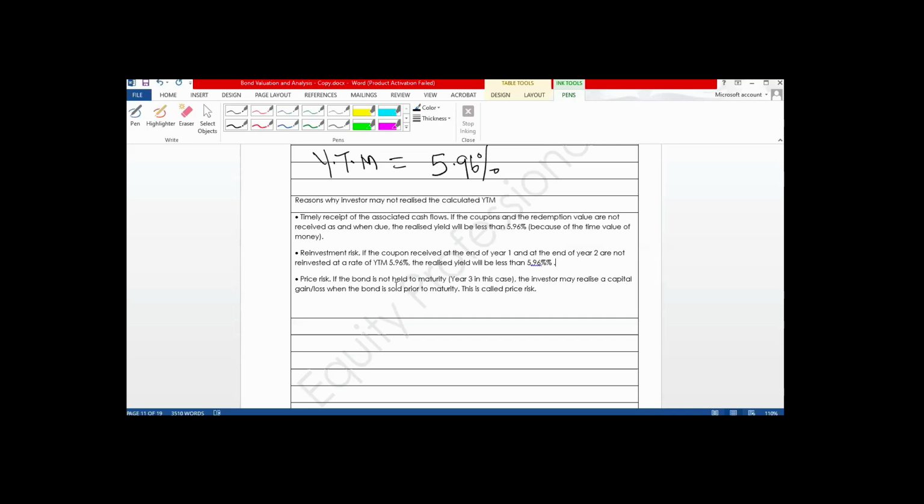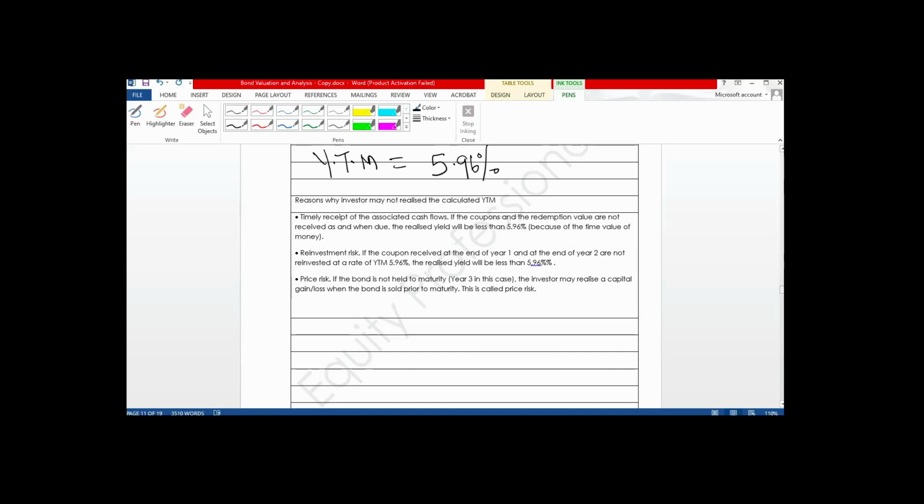Failure to maintain your bond investment to maturity, then the investor may not realize the calculated YTM. Please note this explanation. It was tested last diet. It was tested in the November diet two diets ago. It was first tested in 2024 November diet. The same question was repeated in May diet